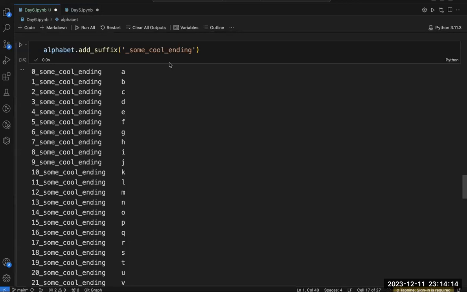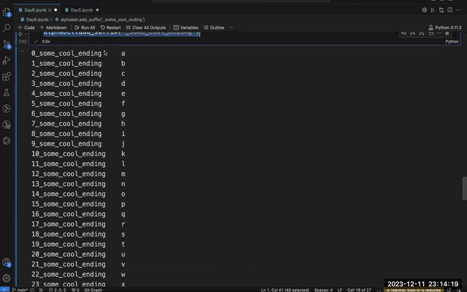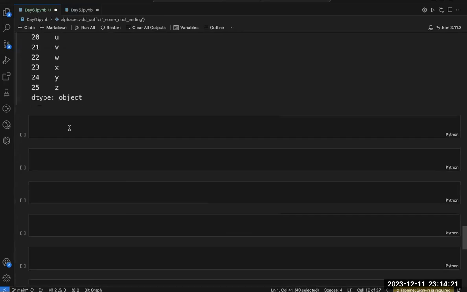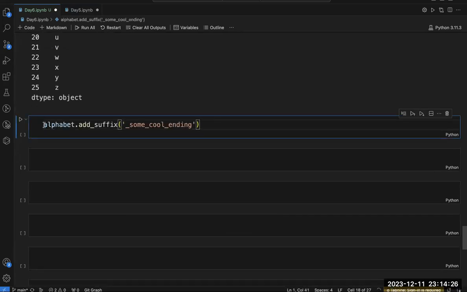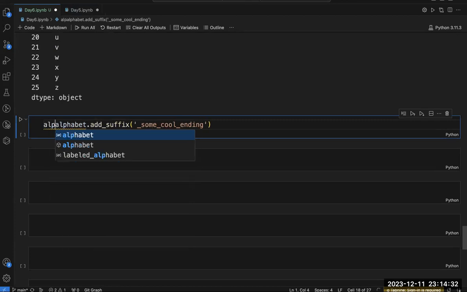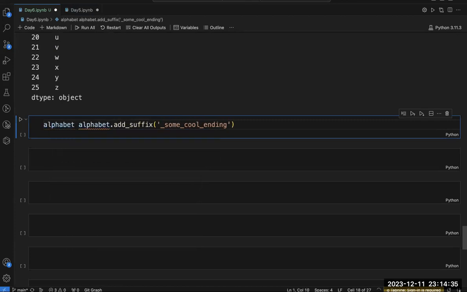One simple thing is to copy this and paste it here and save it inside a variable, and let's write the name of this variable as alphabet only. Whatever suffix I am adding here, I have to save it inside some variable to make this a permanent change.